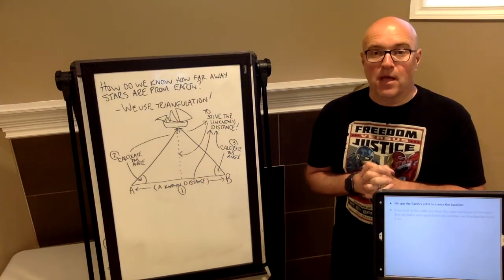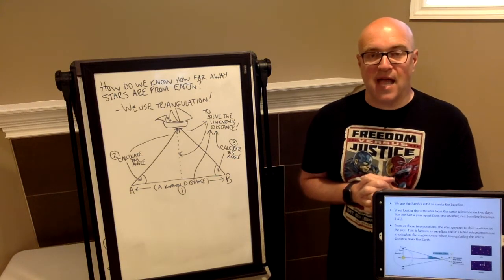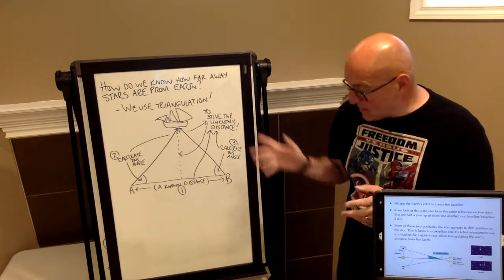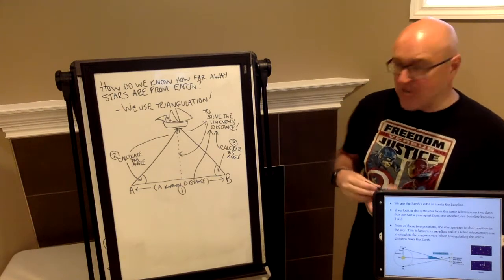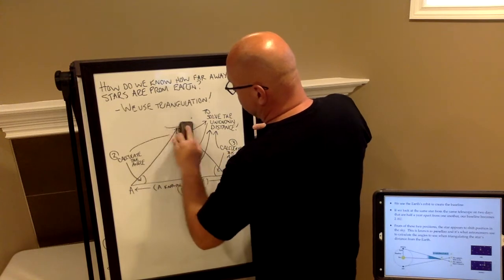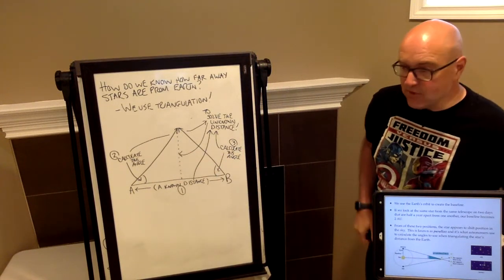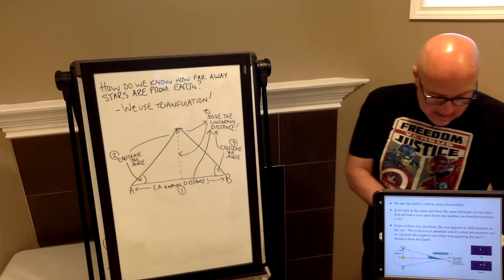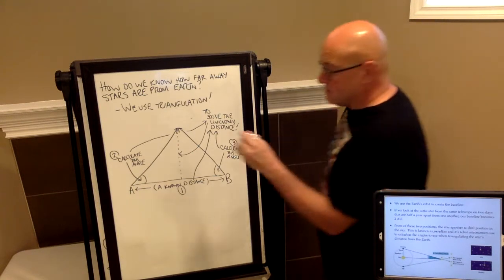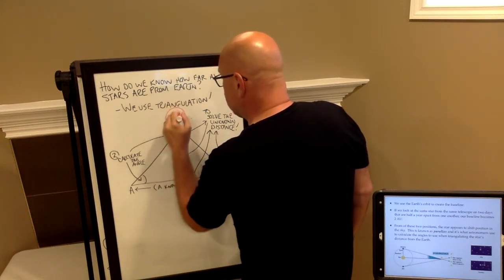Well, what we do is we use the Earth's position as the actual point A and point B. Now I'm going to change some of this diagram. I'm going to change my little boat here. We're going to change that boat to a star, and I'm going to draw a red giant. I'm going to draw a super red giant. Here's a super red giant